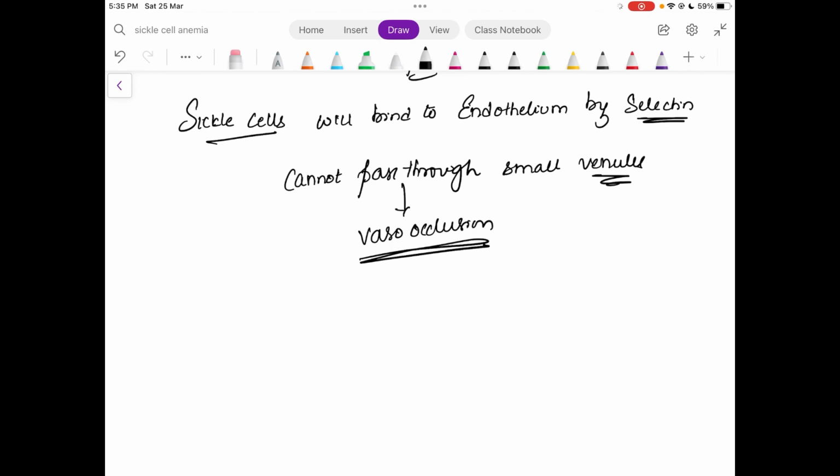And these sickle cells binding with the endothelium will invoke an inflammatory response. Inflammatory response will be seen with this sickle cell attachment to the endothelium,